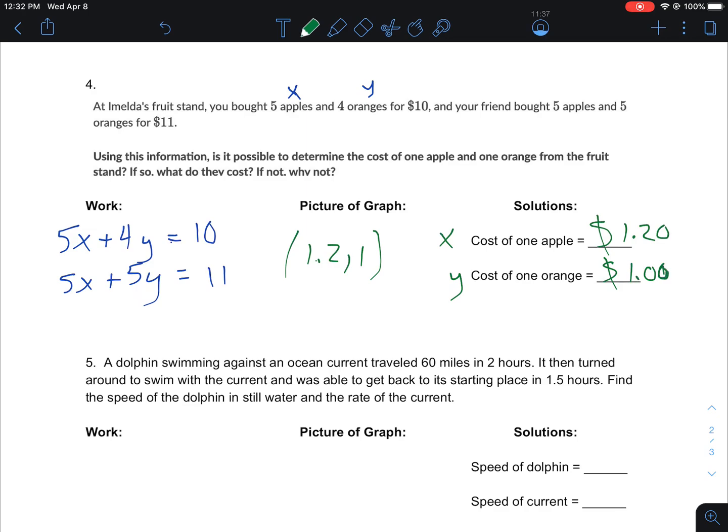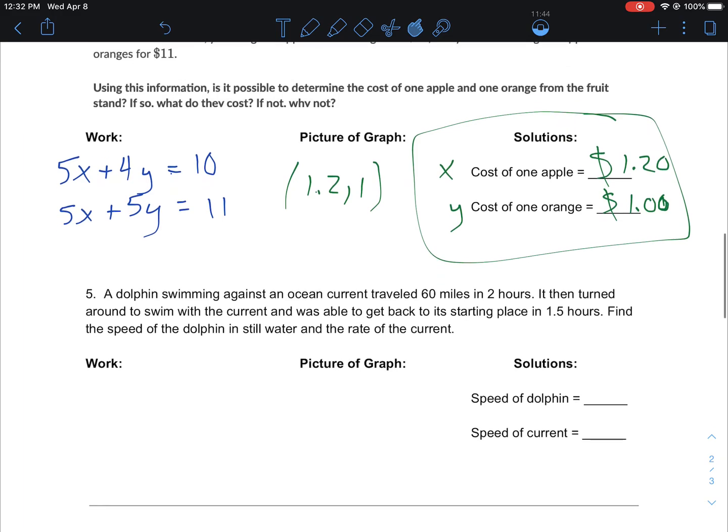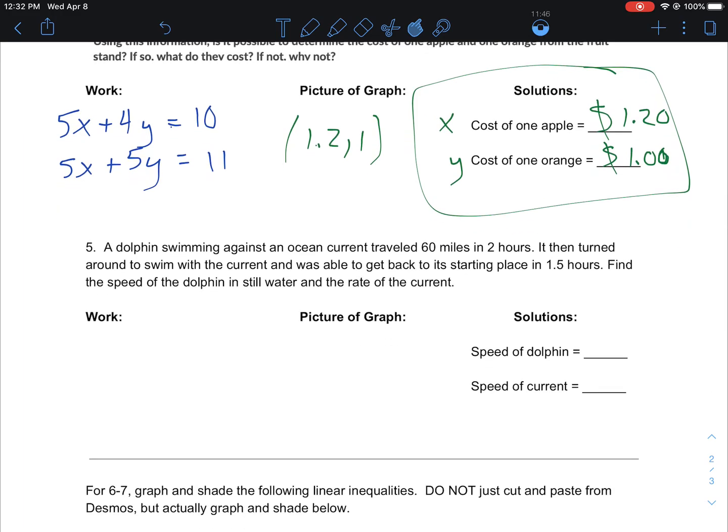Ooh, that's a bad looking 0. There we go. Okay. Now the third type of word problem, and we did other ones throughout class, but the ones that you're going to be responsible for knowing in this course